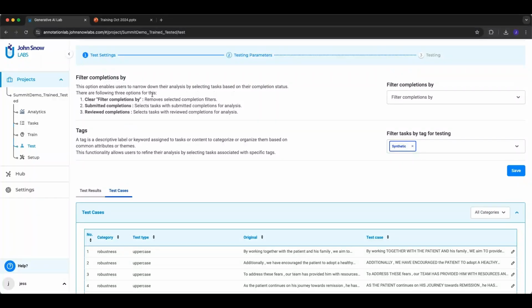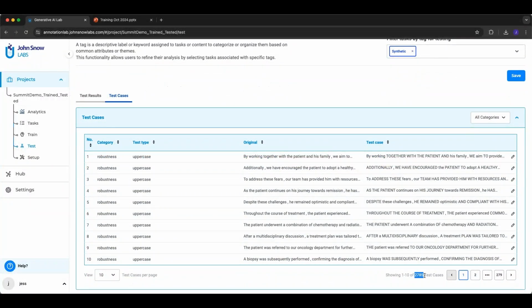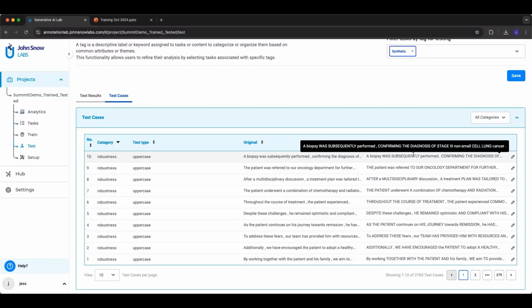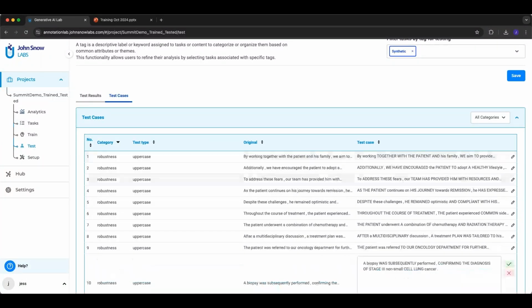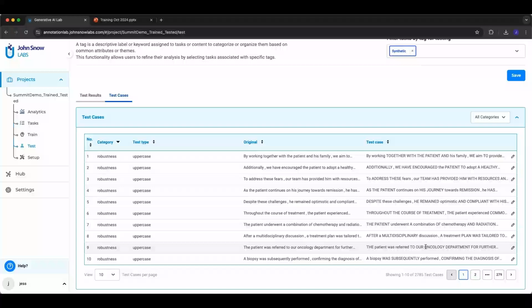you can filter your completions, and you can use the tags to filter the tasks that you'll be testing them on as well. You can see here in the past that I've generated 2,785 test cases. You have the option here to see the category of the test, filter by test type. You can see the original, and then what was done with the test case here as well. You have the option to go in and edit. If necessary, you can accept or reject individual tests, and you have the option to filter at the top here